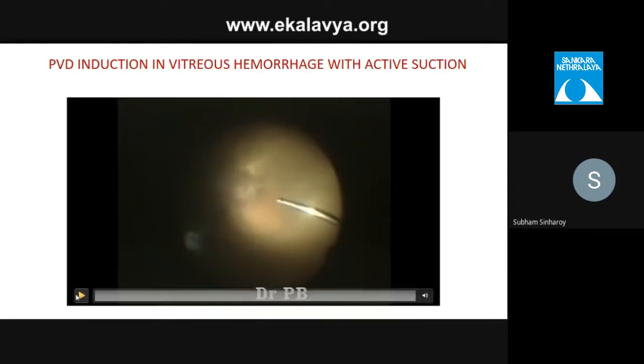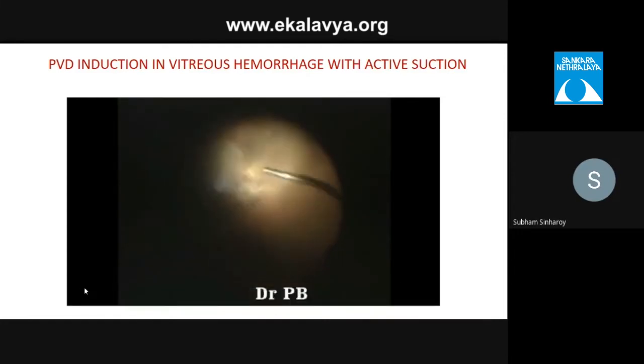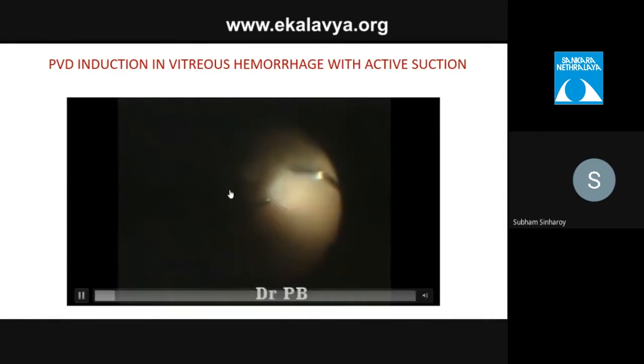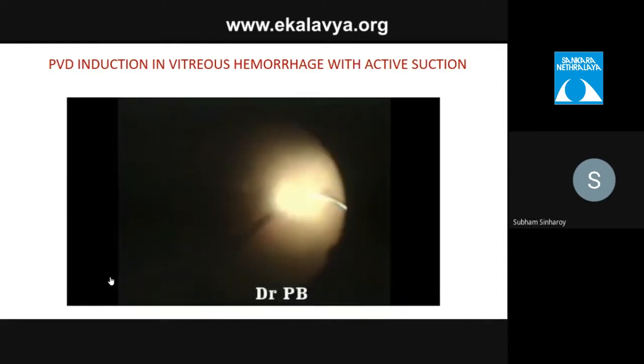So there is another case of an old vitreous hemorrhage, not a fresh one. And you can see the color is very turbid and not very fresh heme-like. So the surgeon is performing the peripheral truncation with the cutter in the periphery to remove as much of the peripheral vitreous as possible.